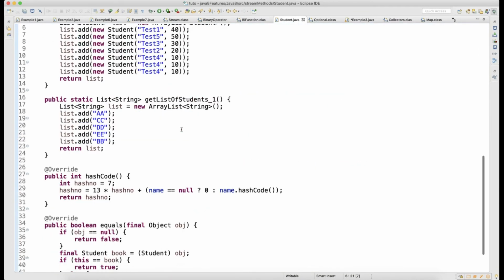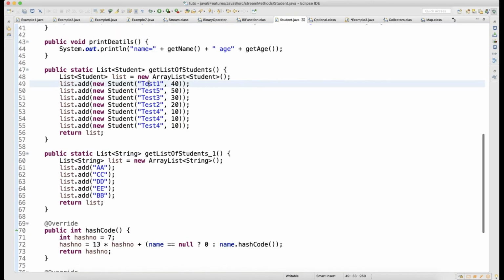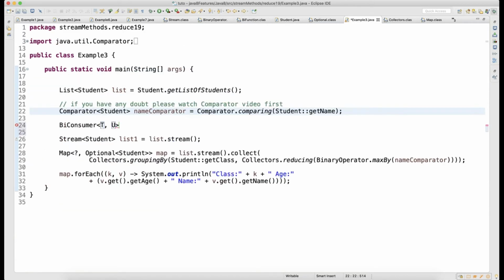Because if you look at the student, this is the key. So a student has the list, and the list has, let's say, string data. Sorry, one is the string and one is the integer data. So can I write here one BiConsumer?